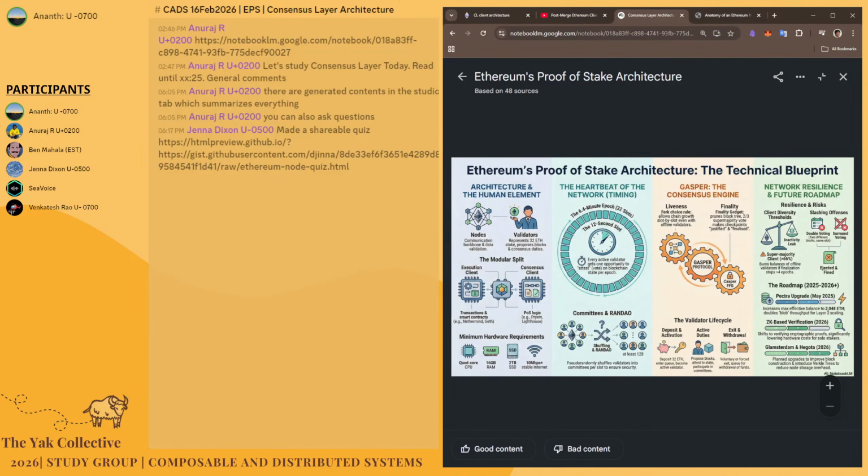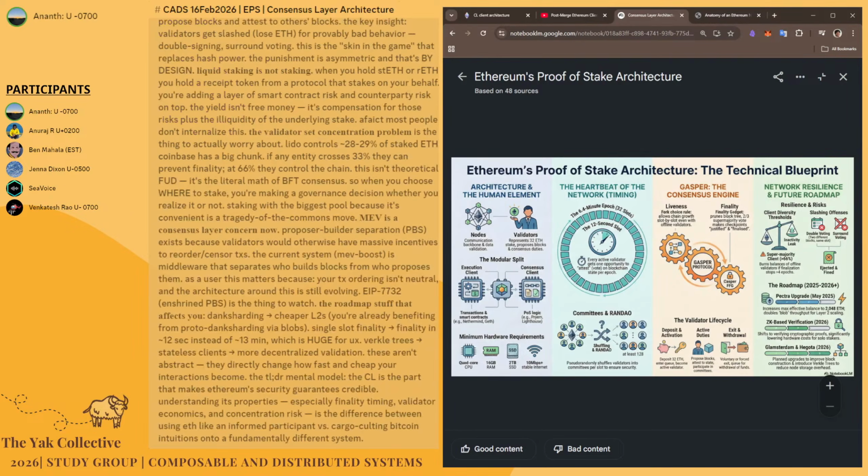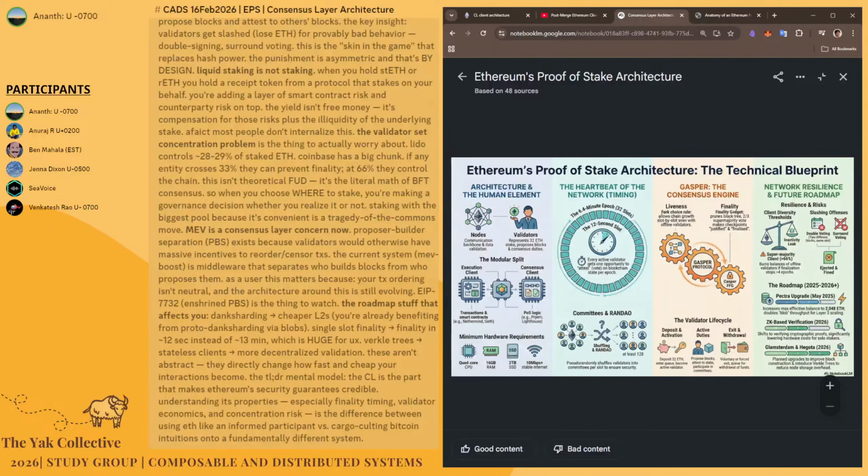The other thing this time around is that I got a better understanding of PBS, the proposer builder separation that happens in the consensus layer. It seemed like a reaction to standardize MEV in some sense, to make it fair for all node runners. But again, in the face of all this institutional adoption and all these different ideas being thrown around, I'm not sure what that means going forward.